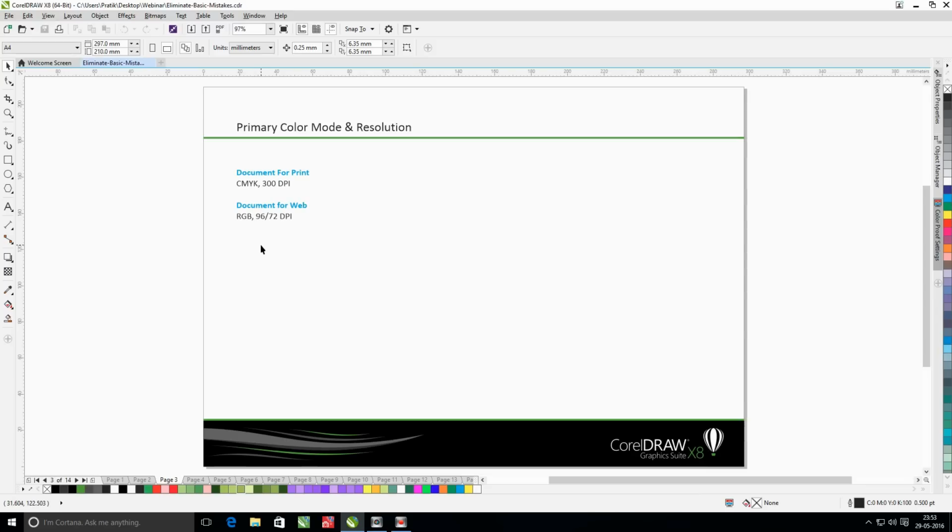Now what I have seen many users do is use a lot of images from the internet which are not of good quality.